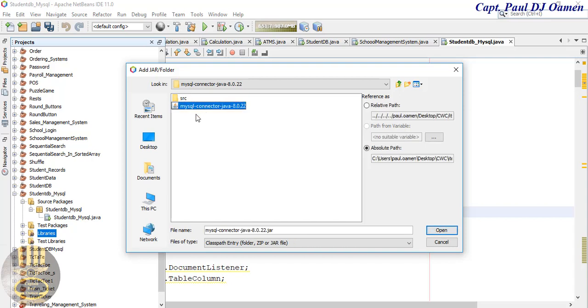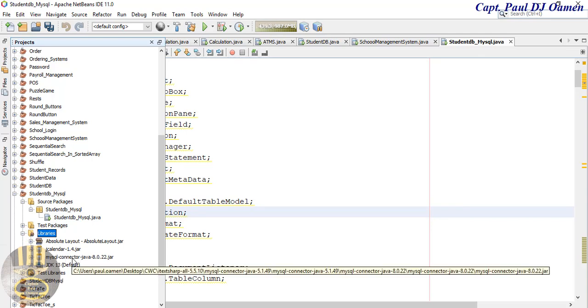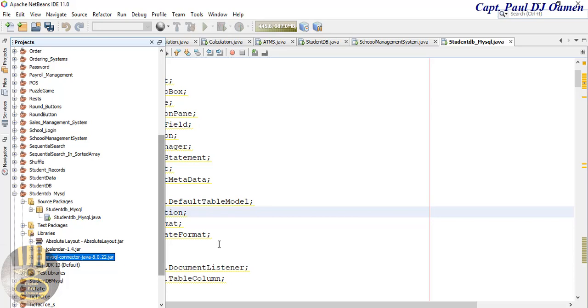Okay, it's MySQL connector java 8.0.22. Okay, so I'm going to click on OK. There we go. Should be right in here now. There, right there. Okay, now that that is done, taken care of,